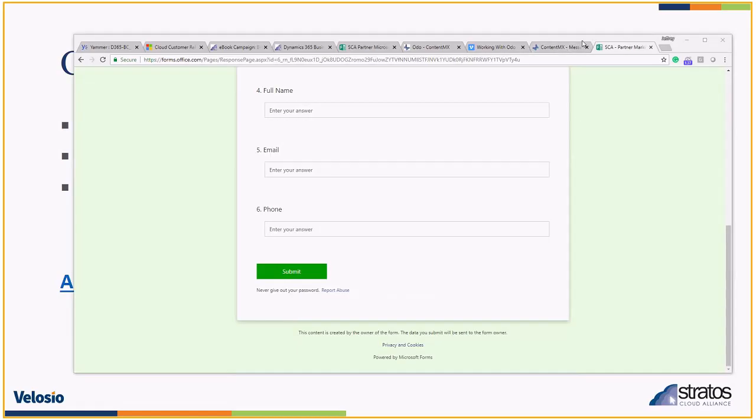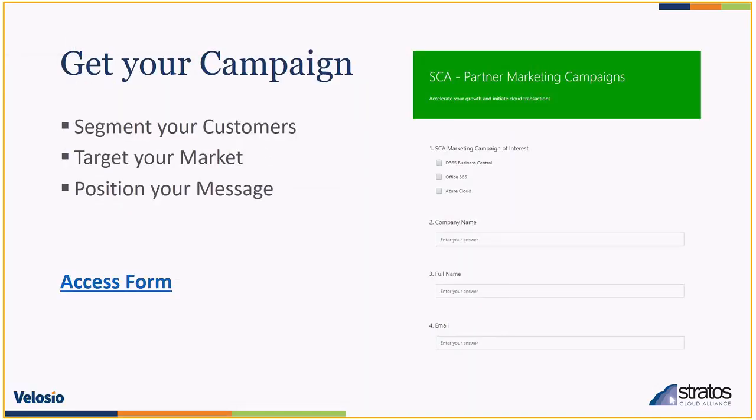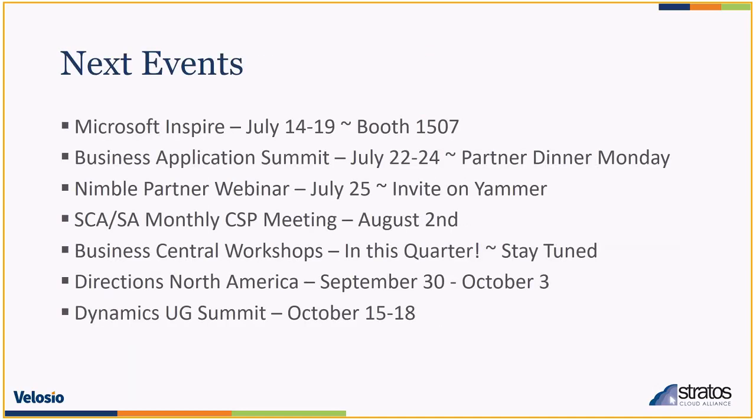So I really encourage you guys to get engaged with our team. We're really trying our best to help you guys be successful, because without you, we can't be successful. So the last thing I'm going to cover here on our presentation today is just a very quick overview. We covered the Microsoft partner incentives. See if you qualify. Leverage all the resources that we've made available to you through our Yammer site. Get engaged, fill out these forms, make it happen.